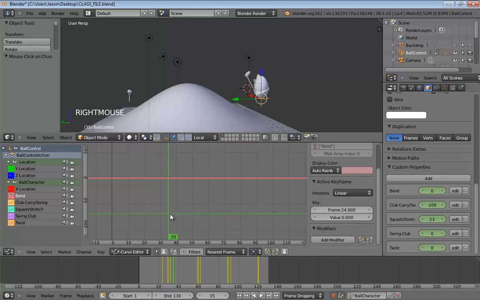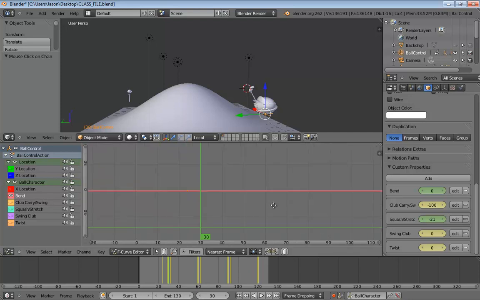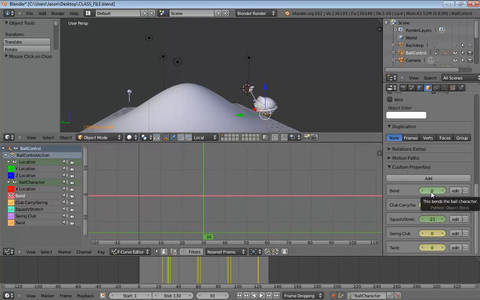All right, so let's start off by going into that first jump. I'll go ahead and close this out so we don't really need to see it. And we'll take our bend and pull it back, because he's about to go airborne right now. So we really want him to kind of be puffing himself out a little bit.